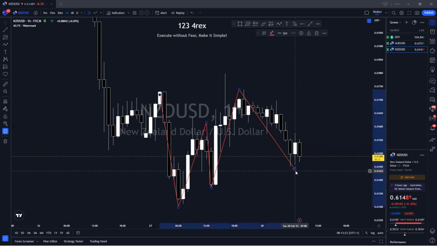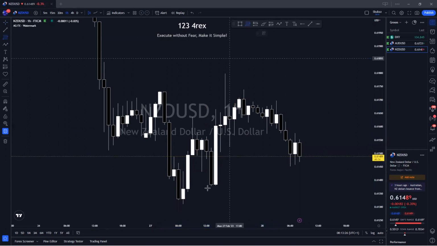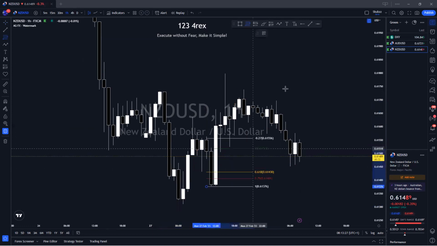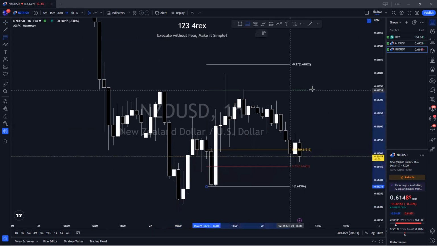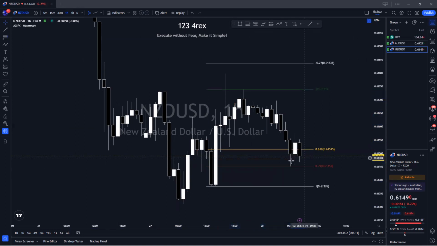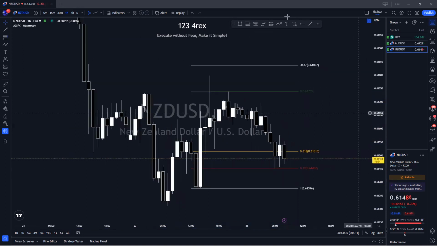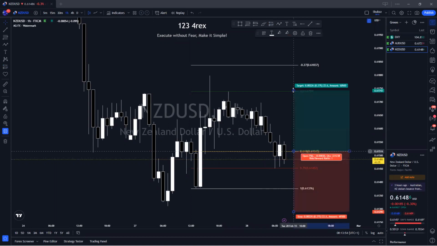But why I was hesitant to take NZD-USD is because I dropped my feed earlier in the morning. This was what it was looking like. Price is actually at that 0.6 level right now, below it. Why I'm feeling some kind of way about NZD-USD is because price already tapped at 0.79. But then, in as much as price tapped it, if AUD is going to buy, this one is going to follow to buy. So what I'm just going to do on these two pairs right now, since NZD-USD is already here,